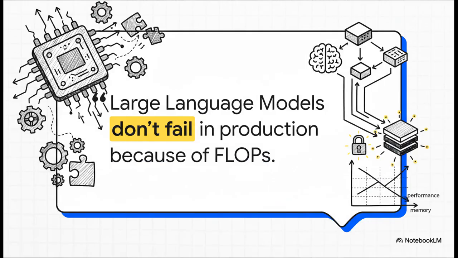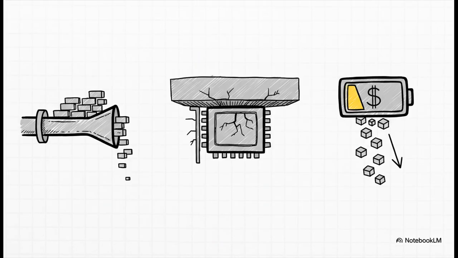You know, this statement right here, it gets to the heart of a massive misconception. It's so easy to think that the biggest, baddest GPUs with the most raw computing power, we call that flops, right, are the secret to making LLMs work. But in the trenches, in actual production systems, that's just not the real story. So what's really going on?